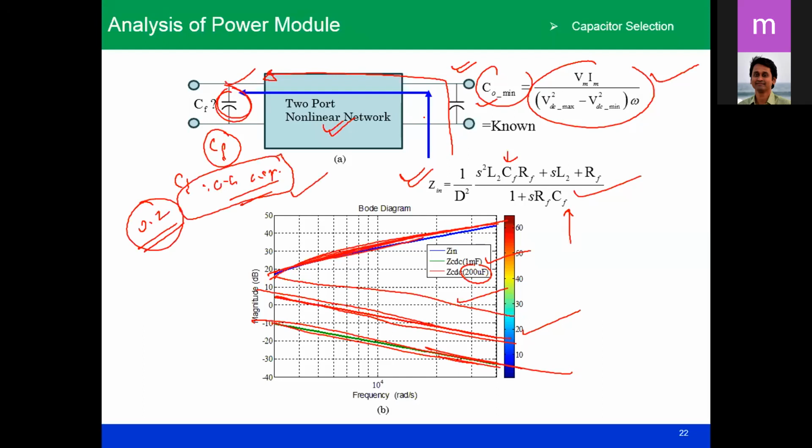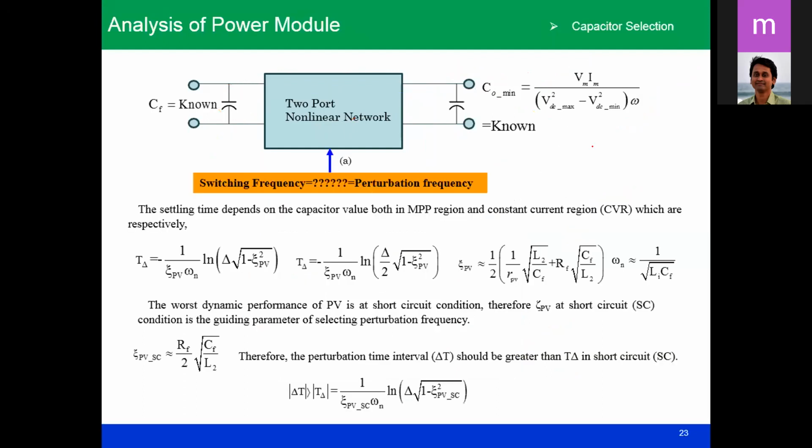Okay, so already you have the capacitor. And the question is what should be the perturbation frequency, because CF value is known, so TR equals half cycle, equal to L1 and LF into CF. So CF value is already known, and what should be the value of L, that you do not know, and for that you need to know what should be the minimum duty ratio, so that you do not have error in the maximum power point tracking. So basically, if you use the perturbation observe method, what is the perturbation frequency that you need to know, and if you know the perturbation frequency, you can calculate the proper value of the inductor, because the capacitor value has been calculated, now you have to calculate the inductor value. So that will be coming from the frequency selection.